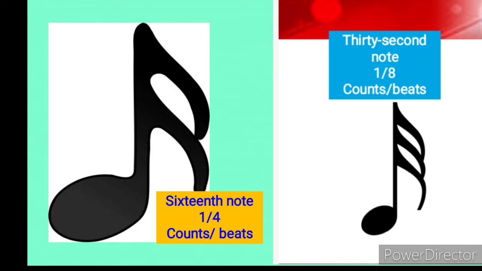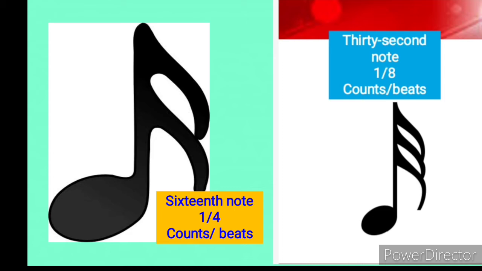The 16th note is a quarter beat. Now, we counted the 8th note as half, is it not so? So this time now you do it as a quarter beat. 2 of these 16th notes are going to give you 1 quarter beat. Then the last one is the 32nd note, which is also known as the